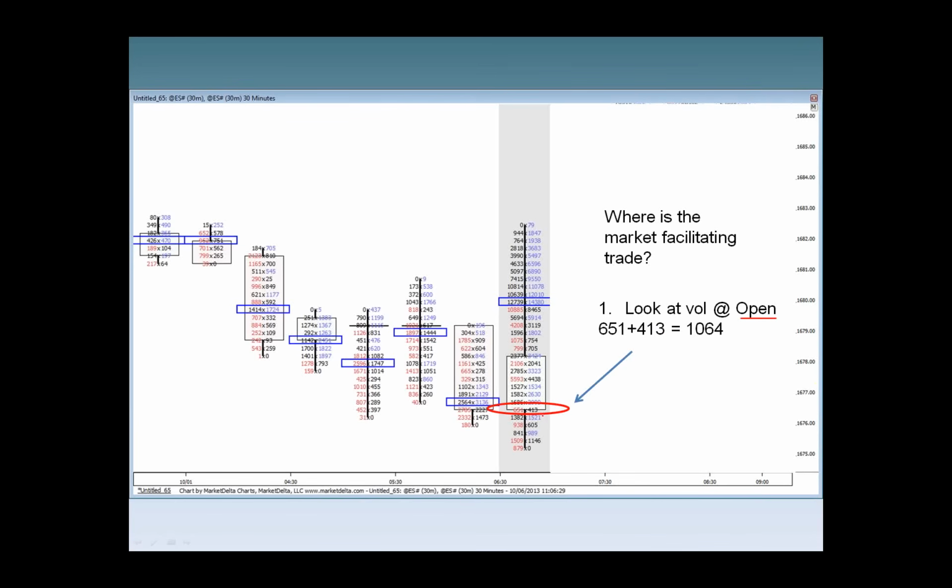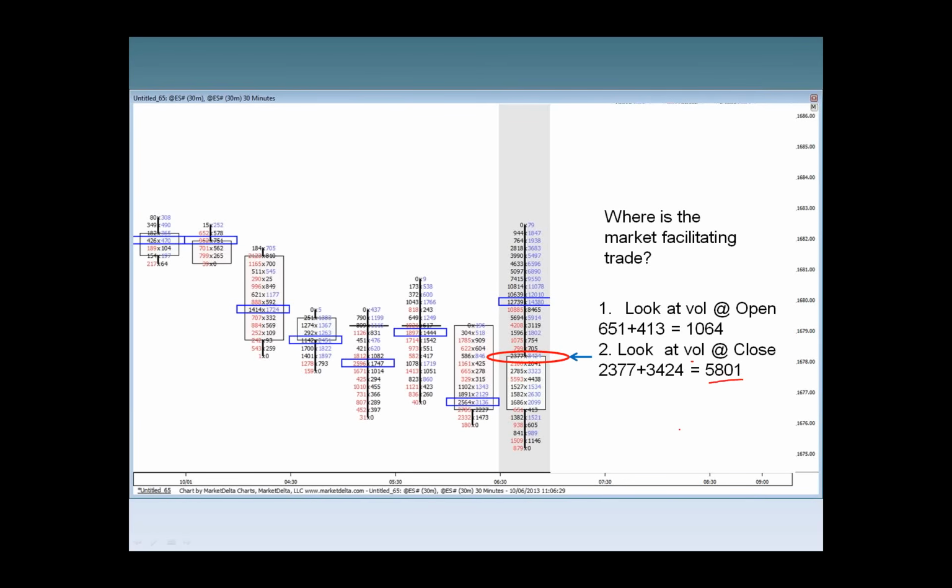Right here, and the footprint makes it very easy for us to do a simple calculation, and we've identified 1,064 contracts at the open. The next thing I want you to do is to take a look at the volume at the close. All right? Easy again. We're going to add the volume at the bid and the volume at the ask for a total of